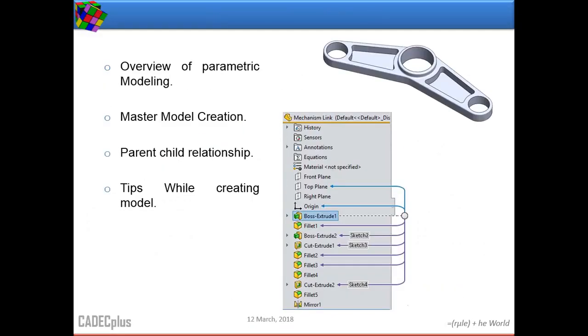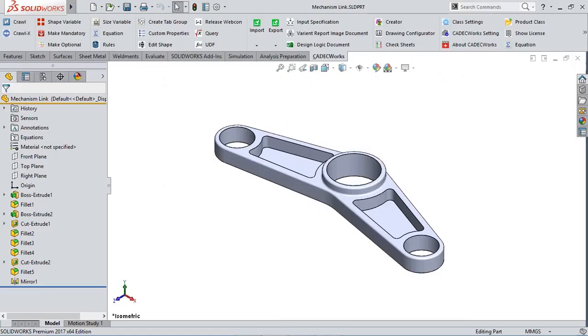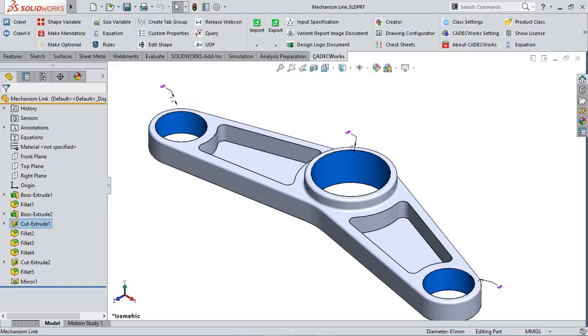The master model should be parametric. In a parametric model, there are a few key parameters that control the overall model geometry. For example, we can see this model in SolidWorks. This is a link used in a mechanism. The key parameters that govern this geometry model